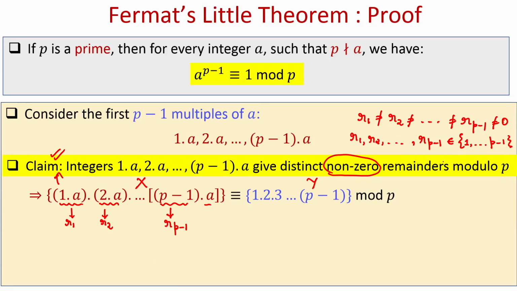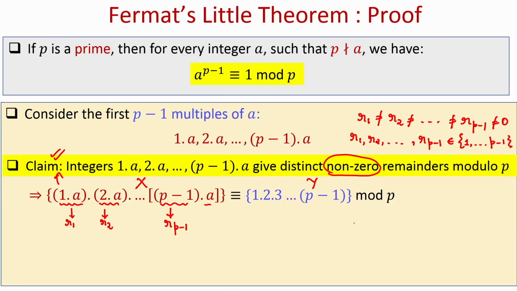Out of these p minus 1 remainders that we are getting, one of the remainders is definitely p minus 1. So, remember the law of modular arithmetic says that if you want to multiply many numbers and then want to take modulo, you want to compute the remainder, then that is equivalent to saying that you reduce each of the numbers first modulo the same modulus and then multiply them. So, I can say that the value of x modulo p will be the same as multiplying the remainders r 1, r 2, r of p minus 1 and then taking modulo